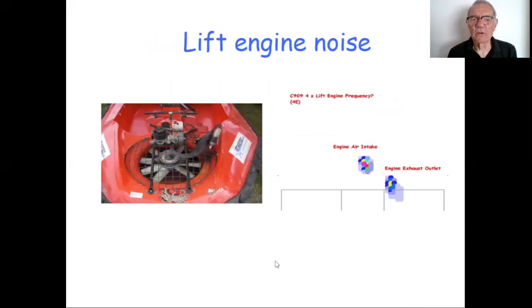So I've picked out a few of the slides that came from my worldwide study, showing some lift engine noise. This happens to be 909. It's an Italian craft, and actually it's got something I'd recommend, which is that the engine is not driving the fan directly. It's driving it via a belt. Quite a lot of the problems come from the fact that the engine is directly coupled to the fan. The fan is therefore running quite fast, even though it's small. The tip speed is comparatively high and therefore noisy. But here it is decoupled with a belt, and so it's running at a lower speed. But in this case, you can see that NoiseCam showed a fairly classic